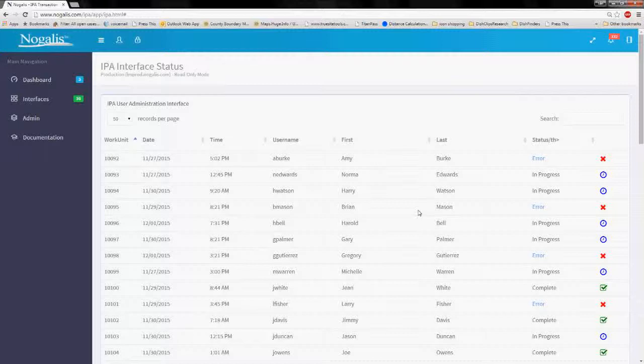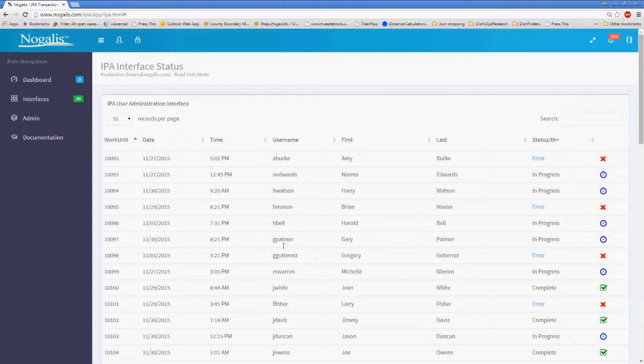And what you can do is that at stages within your flow that you want to keep track of things, you can start writing to this database table. So for each work unit that has to do with this interface, I'm writing a record to this table saying, hey, I'm getting started on, I'm doing